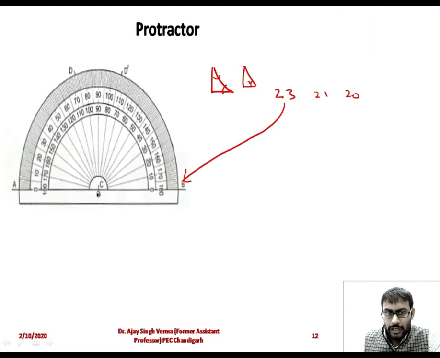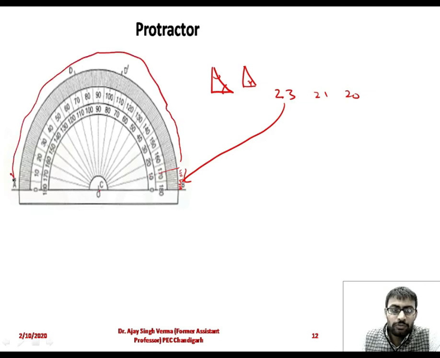You can see this is a center point. From this, these are the gradings. These are 1, 2, 3, 4, 5. Similarly 6, 7, 8, 9, 10. Okay, it's not 10, it's 5 divisions. You can see 10 is here, 10 is here. So these are the 5 divisions, and 1, 2, 3, 4, and 5. This is also 5 divisions. So similarly, we can draw any angle with the help of the protractor.